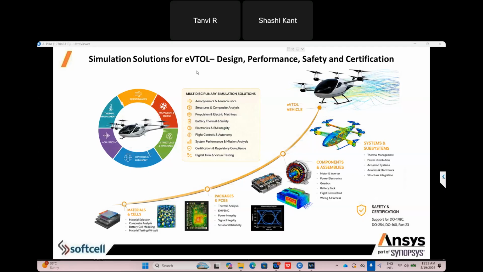So in terms of composite material compression molding, when we are defining the mold, at the end the final product will have some shrinkage, some problems. So we need to see whether compensation is happening, or how we can control this. So all these things can be captured using ANSYS ACP. And after that, if you want to do structural analysis, you can couple very easily. So here you can see the PCB can be simulated, battery can be simulated, motor also can be simulated, and the complete architecture can be simulated using Medini. So Medini can give you a very smooth way for this high safety of the eVTOL.